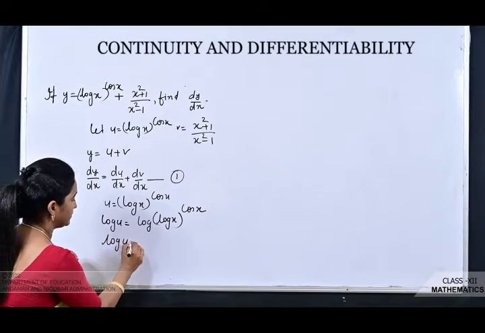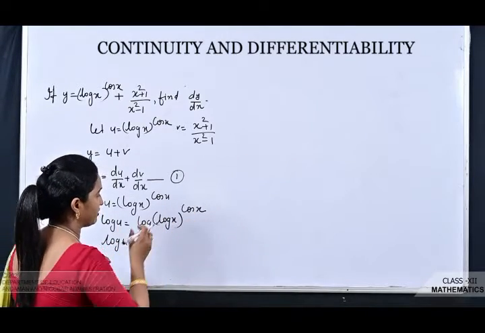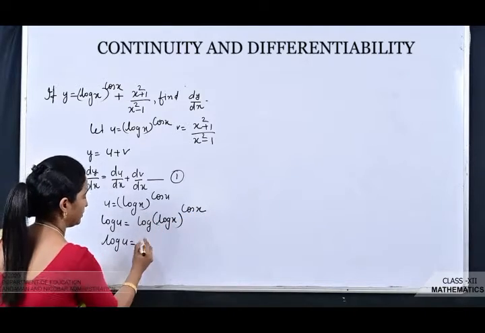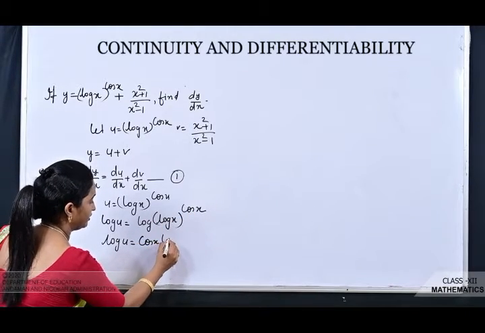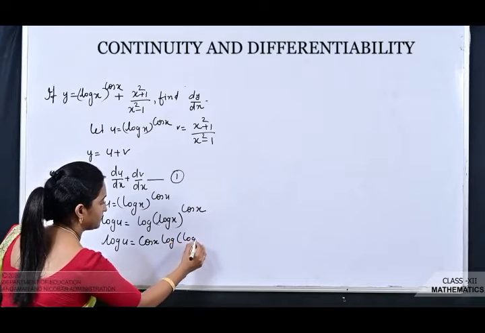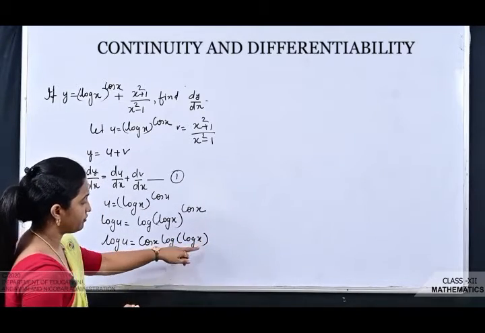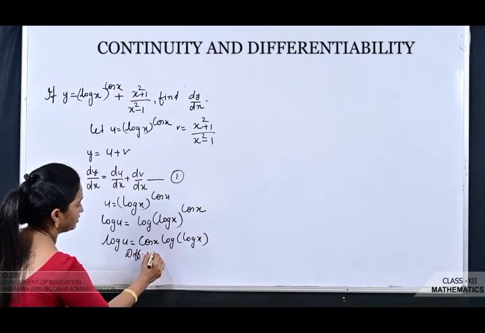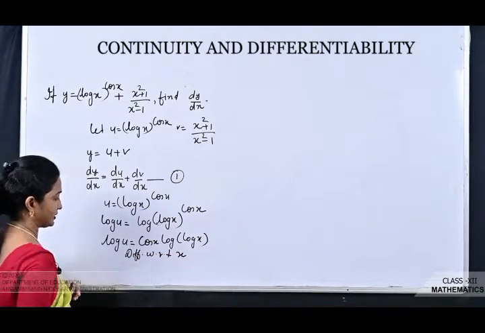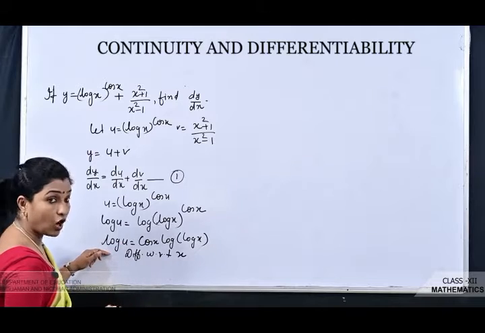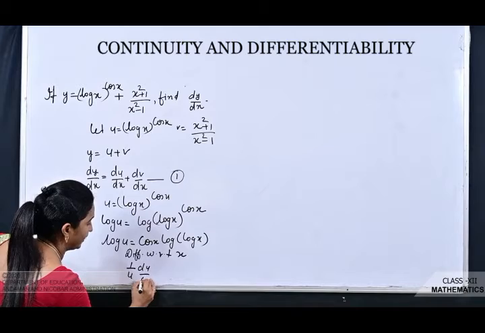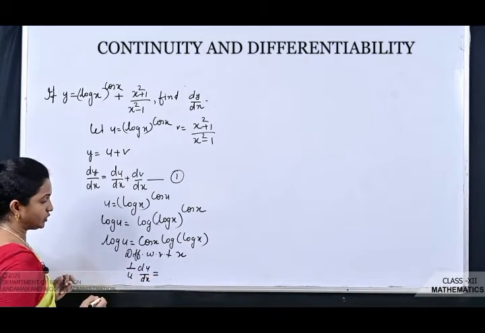Log u is equal to log of log x power cos x. Again log x to the power m, so cos x will come in the front and you are going to get cos x log of log x. Next is differentiating with respect to x. So when you differentiate log u, derivative of log u is 1 by u du by dx is equal to,